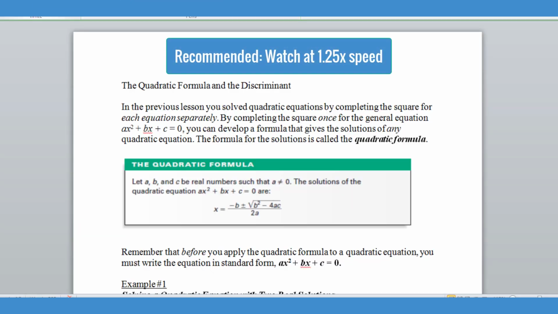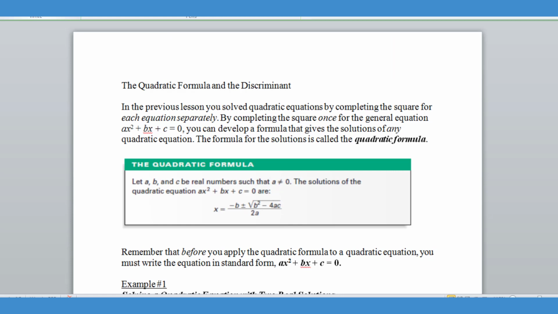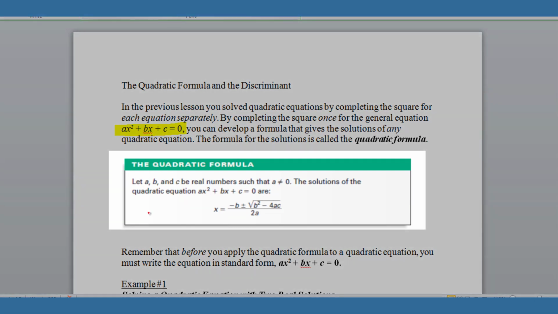In the last lesson, we learned about the completing the square process. If you took the completing the square process to solve a quadratic equation, you could solve any quadratic equation with that process. So if you took that completing the square idea and applied it generically to the standard form equation of a quadratic equation, you would actually come up with a preset solution for x called the quadratic